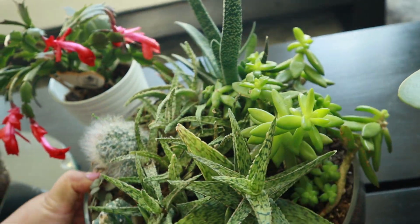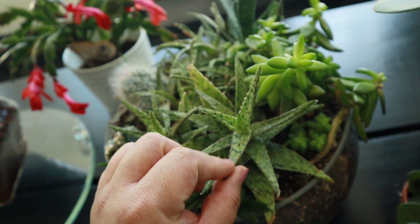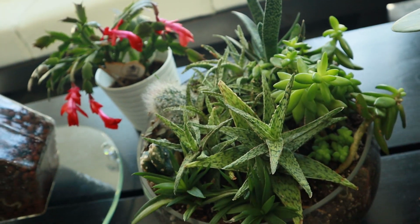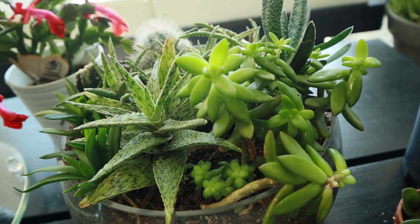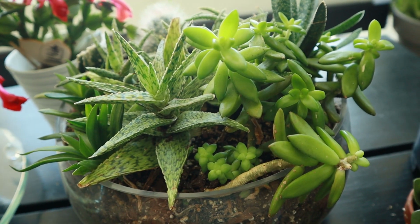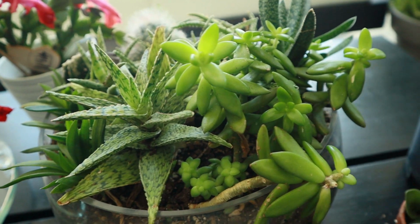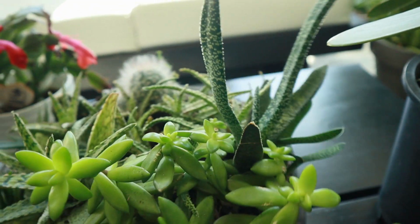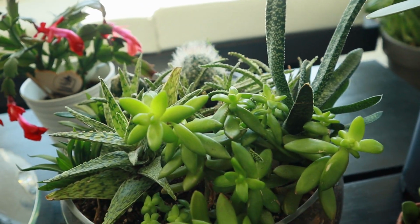But yeah, succulents are also great green plants. This Haworthia over here is a little bit variegated, but there are a lot of cactus and succulents that are non-variegated. I personally don't do well with succulents. They die on me often, so that's why I am not very drawn to them. But we have this one, and so far it has been surviving, but it's not really part of my main